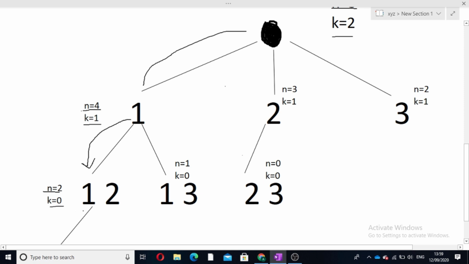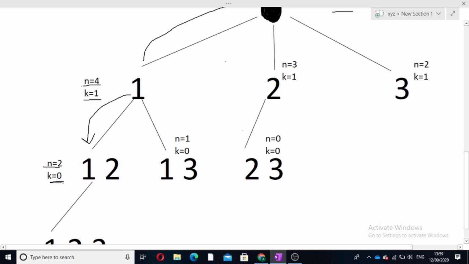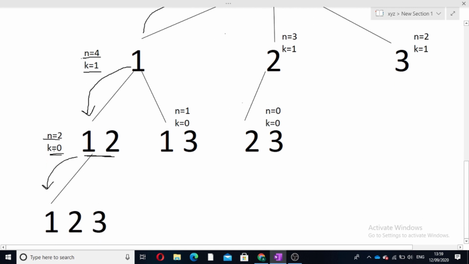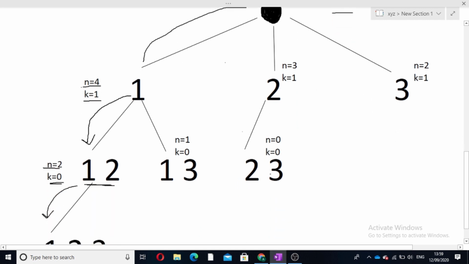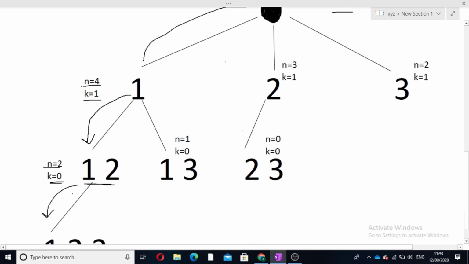So now our k became 0, which means we have achieved the size of the elements we require. We require 2 elements, so we have acquired 2 elements, but the sum is still not equal to 0 because n is equal to 2. So in this case we will not make our call forward, because if we did, our k will become -1, that is we will consider 3 elements, but we have to consider only 2 elements. So we will simply return from here.